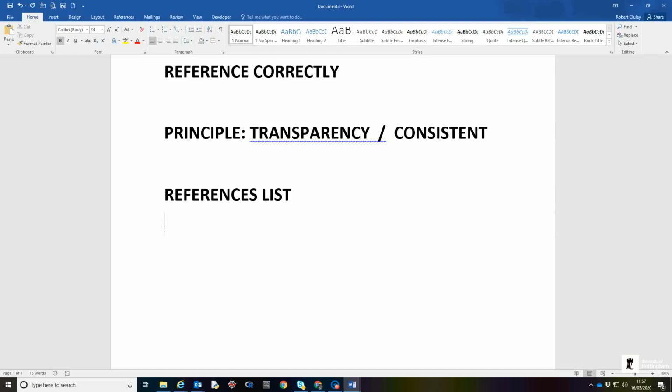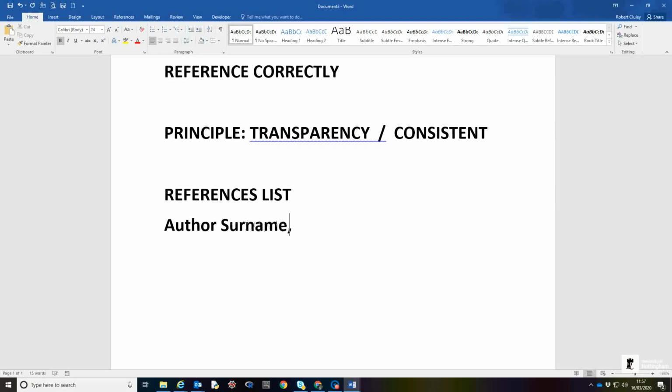So that might be direct quotes or paraphrasing. So any text that you've quoted from should appear in the references list. Any text that you've paraphrased should appear in the references list, and no other texts. In a bibliography you could have text that you hadn't referenced or cited. But anyway. So for a book, all you need is the author name,